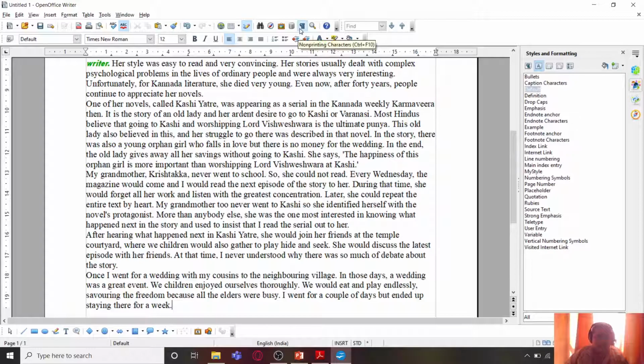And let me check by clicking on the paragraph marker. So we can see there are 4 paragraphs. Okay, fine.